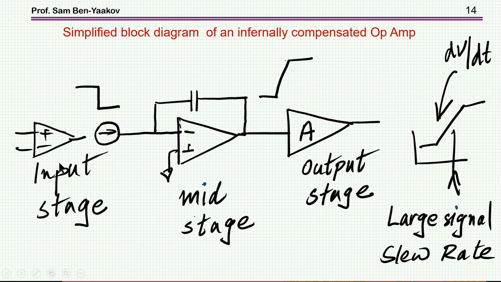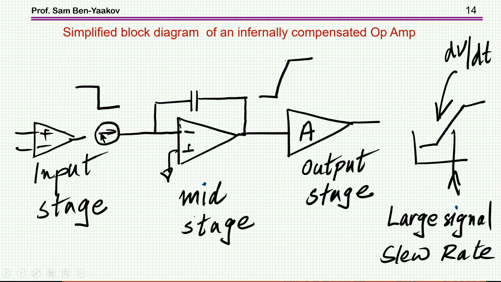You have the input stage. This is the capacitor, which is usually implemented as a Miller capacitor so that you get effectively a higher capacitance. And this is the output section. So in this case, if you have a fast change or a step change, and this second stage or intermediate